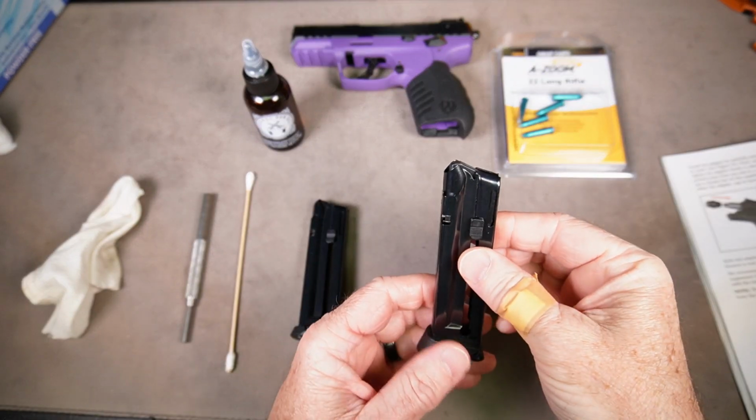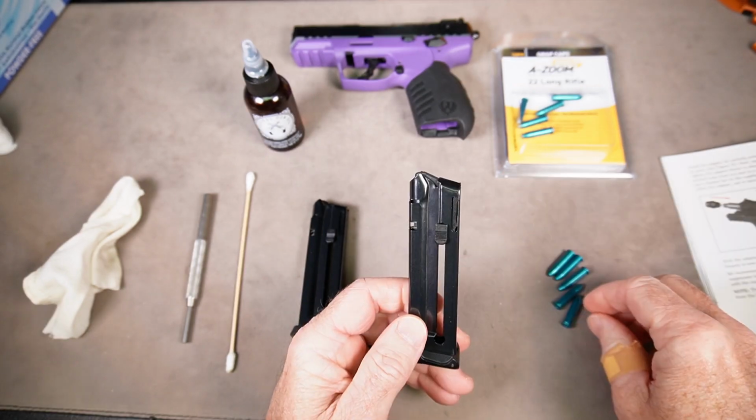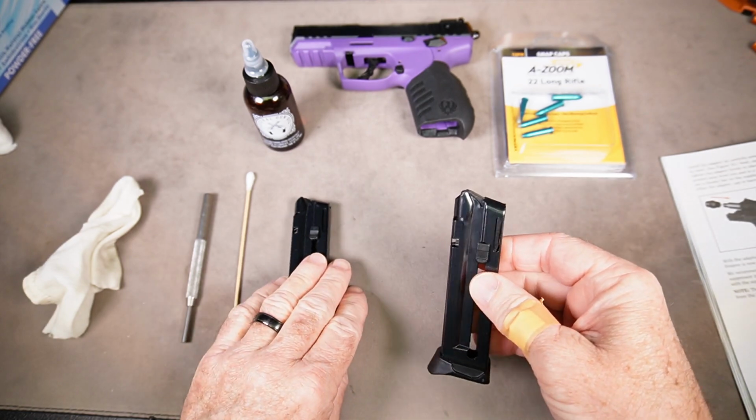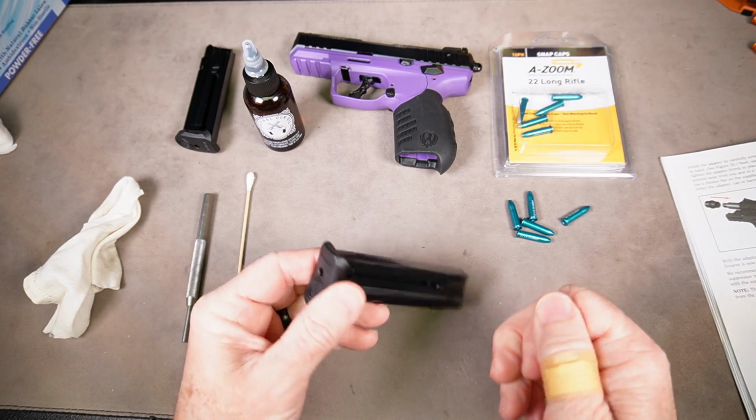So the first thing you want to do is just visually inspect the magazine. Check for damage, dents, dings. Make sure there isn't any dirt or gravel that has gotten inside your magazine after a day at the range. So if you find that you need to take your magazine apart because it's dirty or there's some gravel inside,